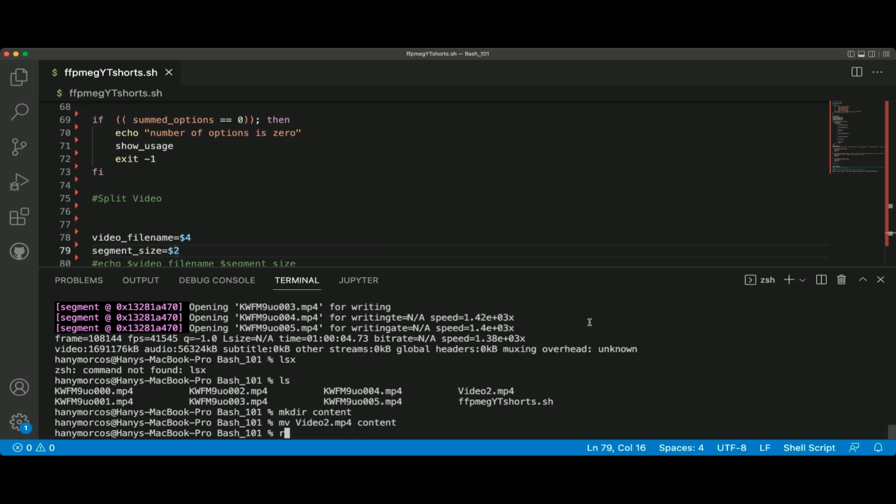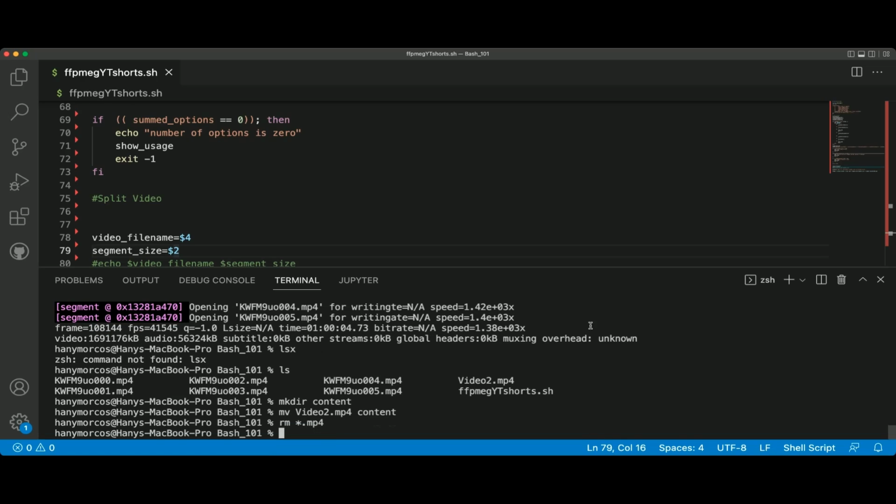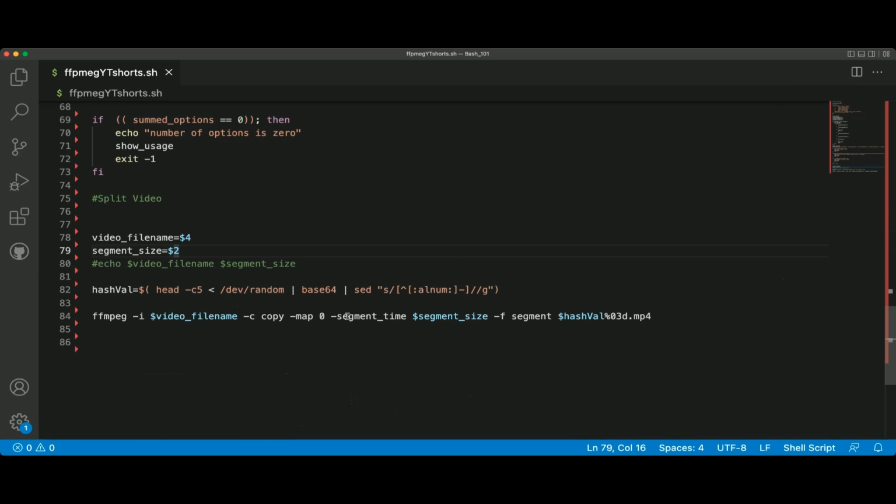So that way, when we do rm start.mp4 between the runs, we don't destroy our content v2.mp4, right? So we split the video, it's working fine. The next stage is actually listing out the hash. That hash is really cool because once you split the video, you know what the hash value is in your program. And what you want to do is get that value